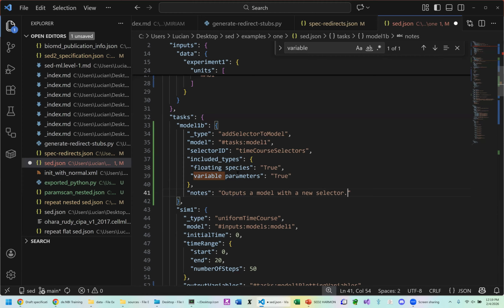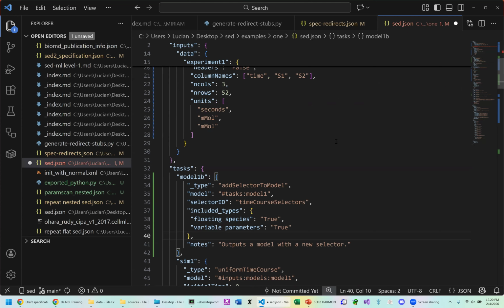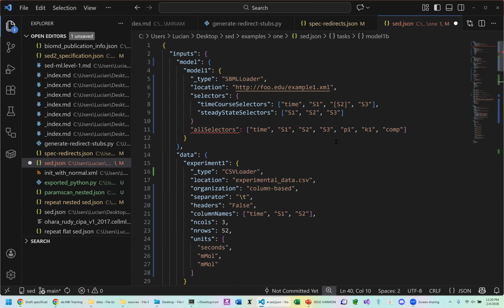There is something worth asking for the question of how would I select all species, all reactions, that kind of thing. And it's something that hasn't really been brought up in terms of how we could do it. If we're having these tasks and they reference the registry in terms of what they do, you can have the equivalent of static variables effectively. So in the model definition where the model loader is, you could have the selectors be there, and then the selectors be SBML loader: